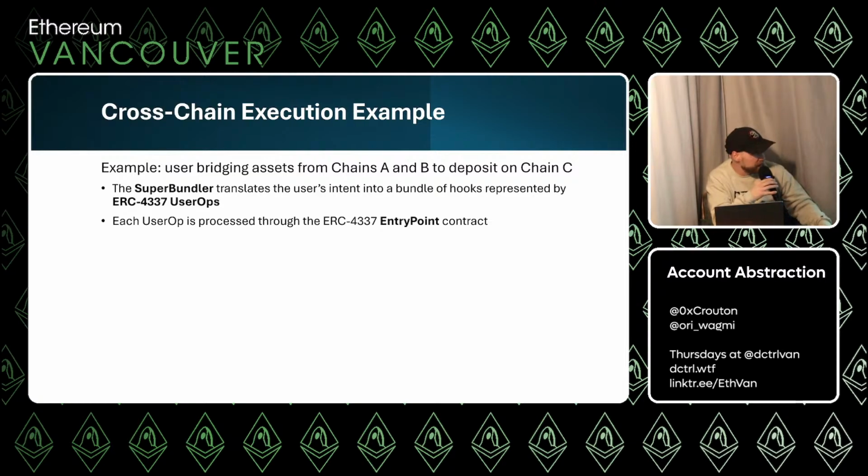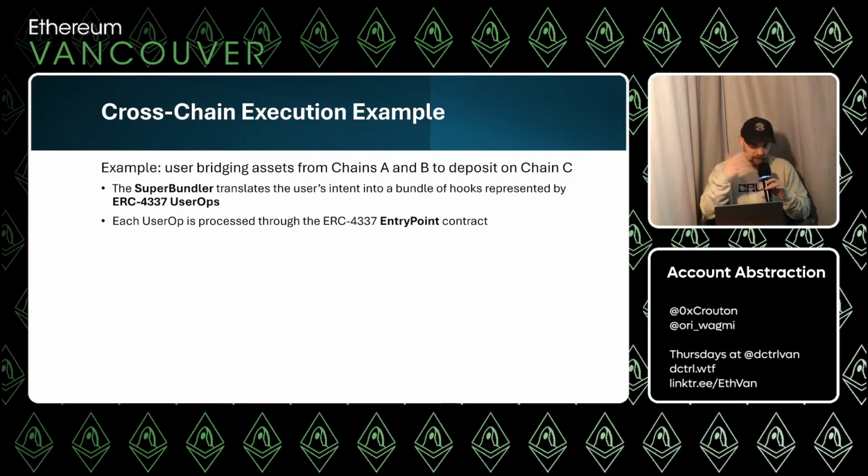But we're going to specifically look at this case where I have assets on chain A and assets on chain B, and I want to deposit into some vault, some earning opportunity on chain C. So just to use some terminology from the rest of the presentation, we have the super bundler that's going to take the user's intent, and the intent is simply, what do I want to do? And then, ideally, not initially, but we can get to the point where an intent can just be, I type it out. Like some apps are already starting to do this. I just type literally, in natural language, I want to send this asset on this chain to this asset or this protocol on this chain, and then it just does it, right?